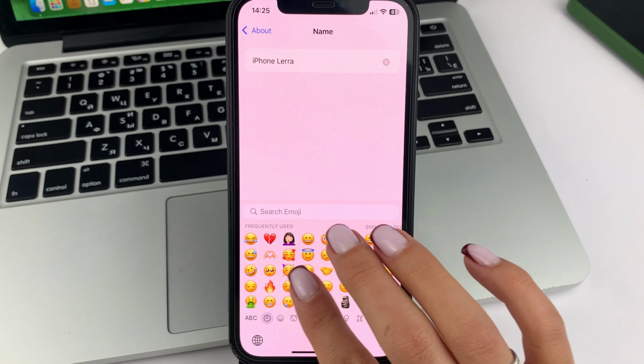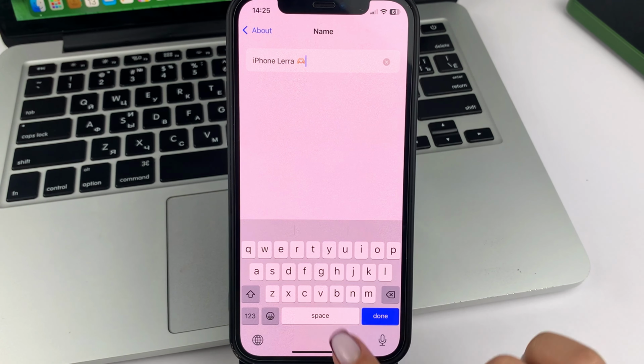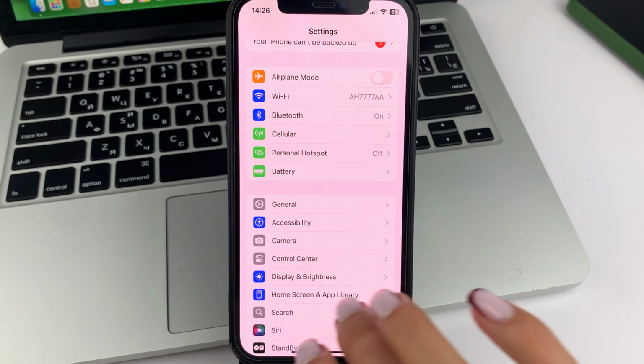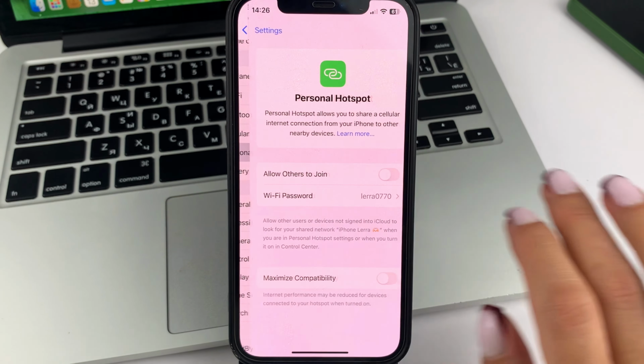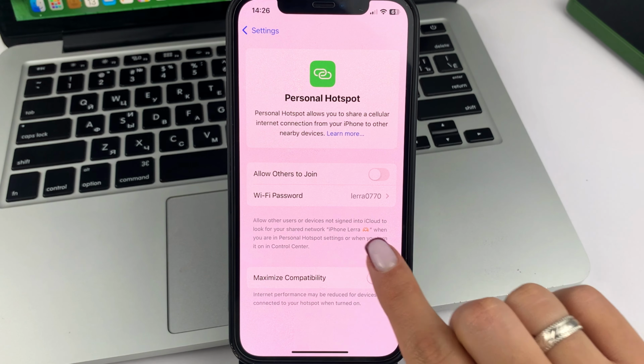And after you make the change that you need to make, you'll just need to click Done at the bottom. As you can see, the name will be changed immediately. After that, friends, you can log out, go to the hotspot on your iPhone, and see if the name has changed, which will be written right here.